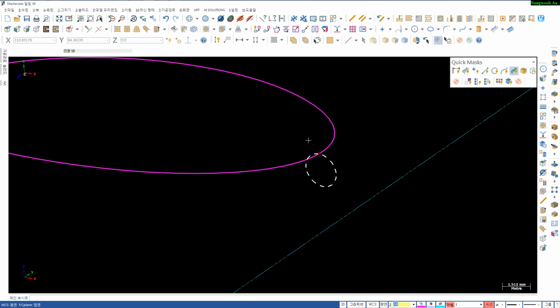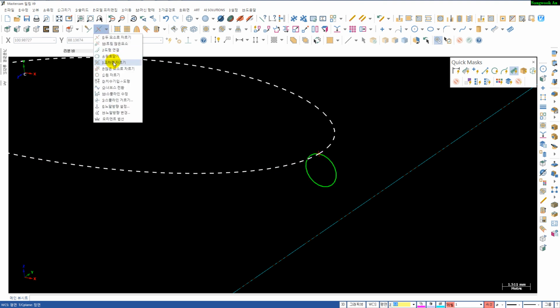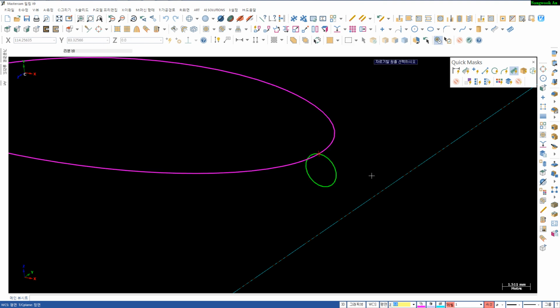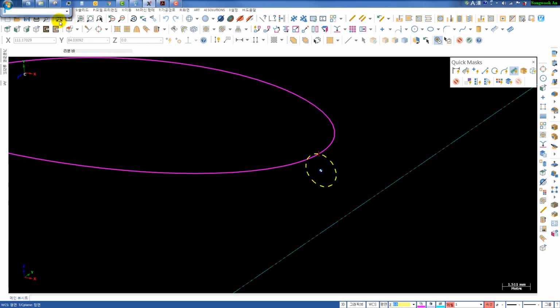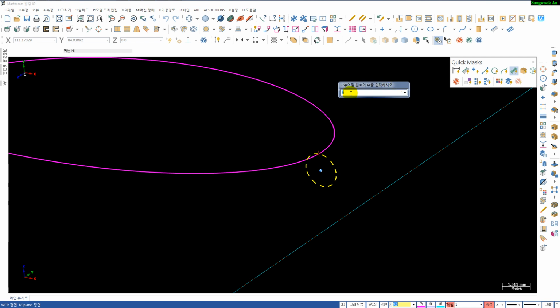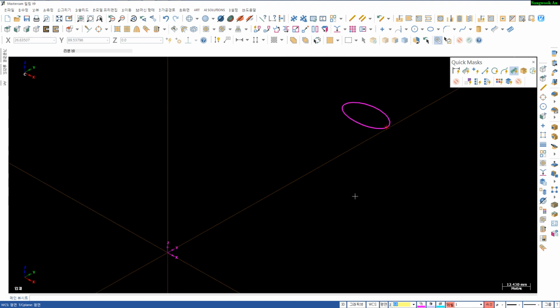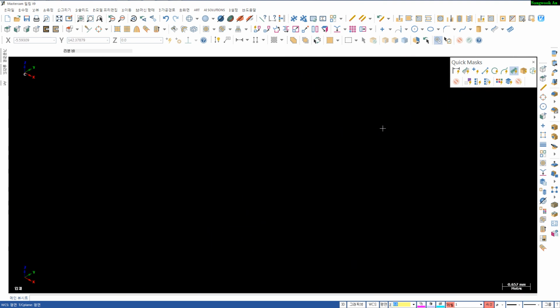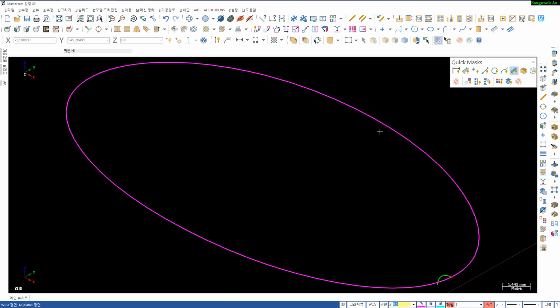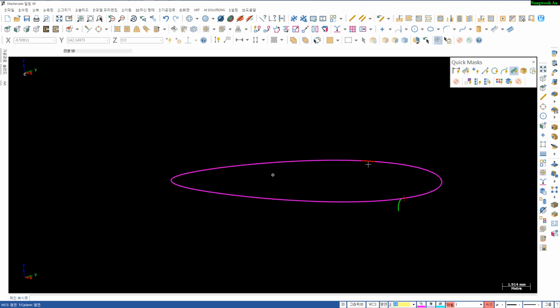And I will break the circle, and number is 4. 1, 2, 3, 4. I don't need these, select, delete, and top view, isometric view, Alt F1. I will make a sweep